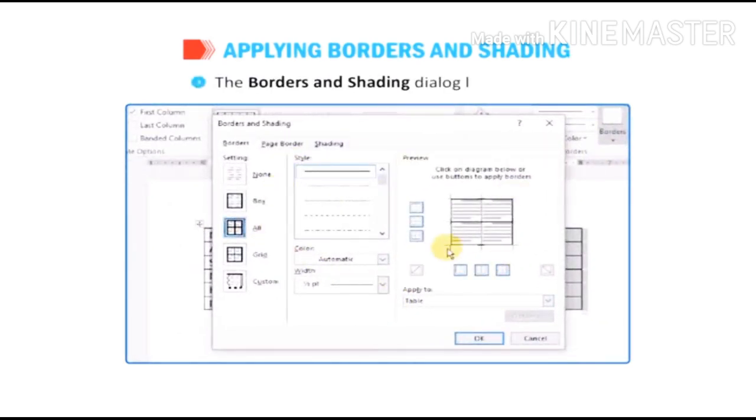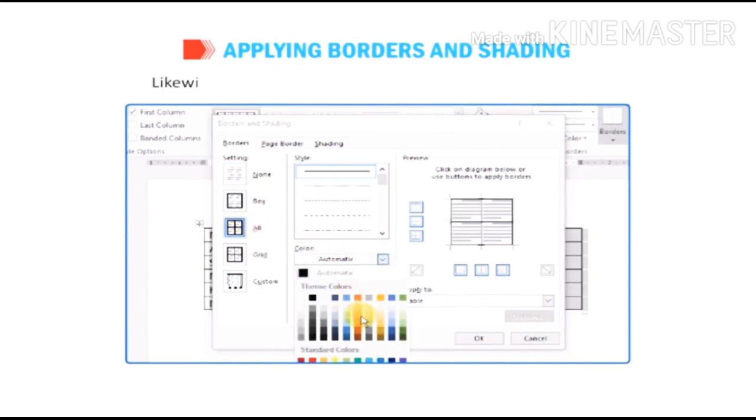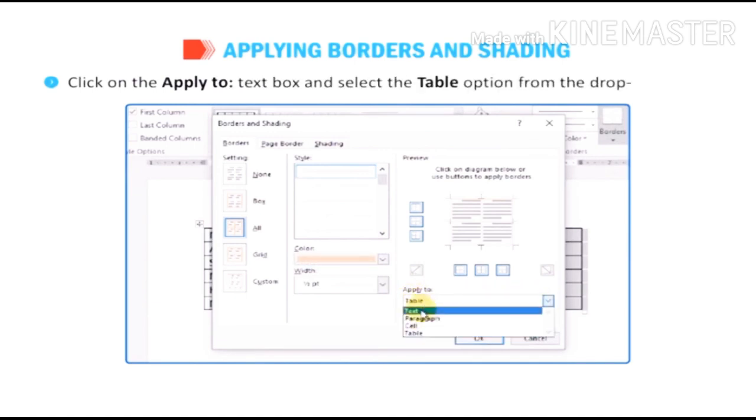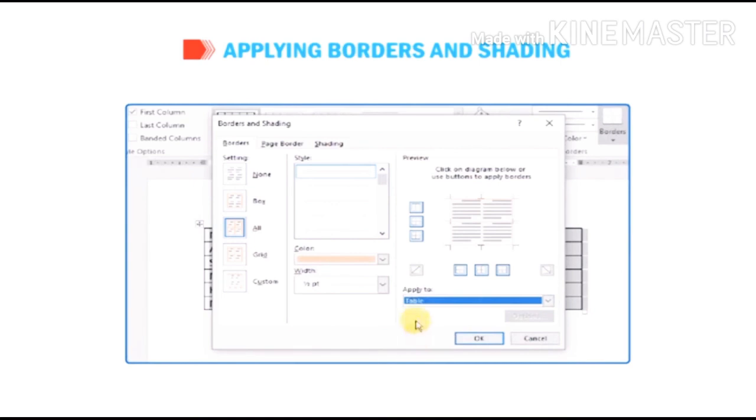The Borders and Shading dialog box appears. Choose the All option. Select the color from the Color drop-down menu. Likewise, you can select the desired settings for the border. Click on the Apply to box and select the Table option from the drop-down list.